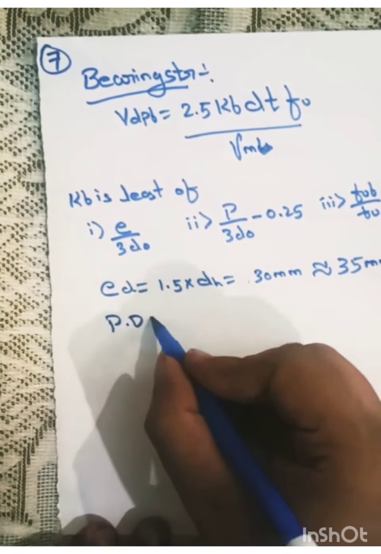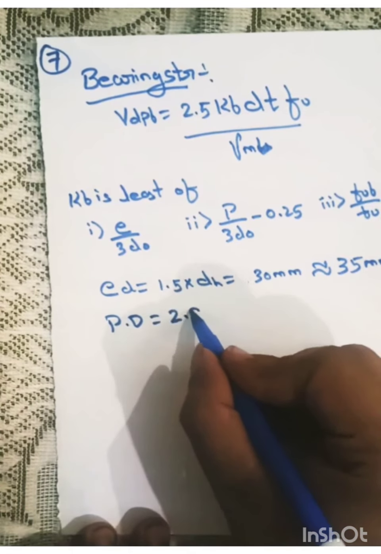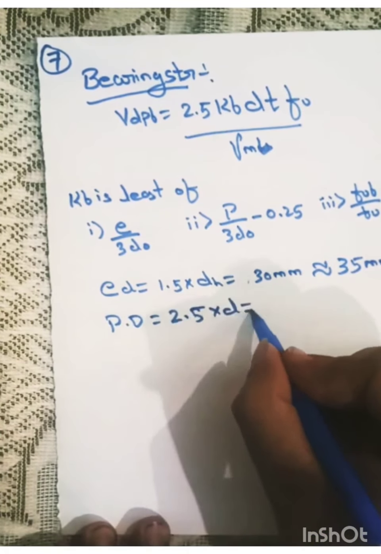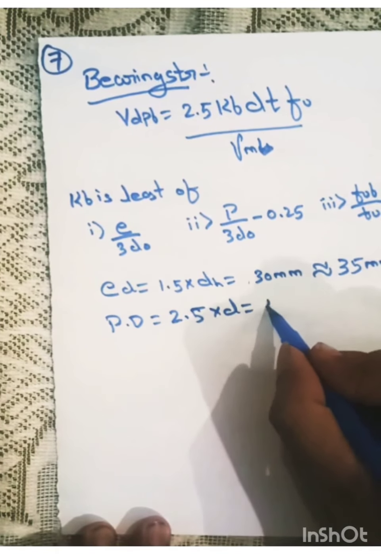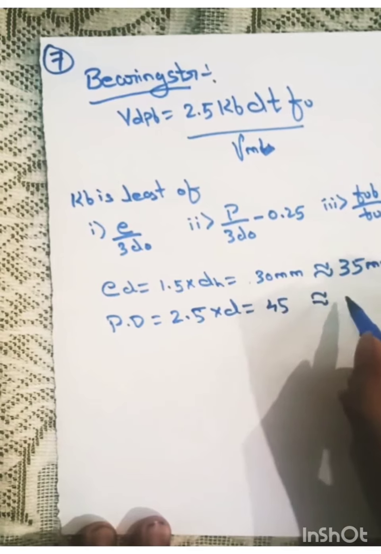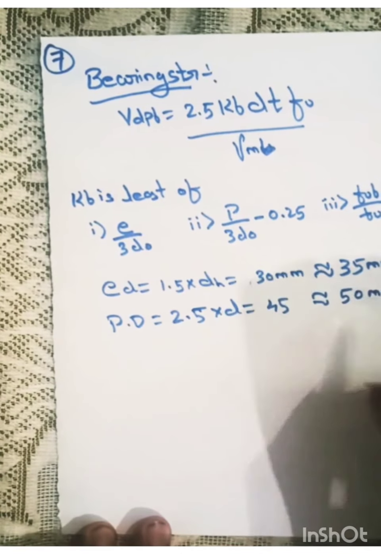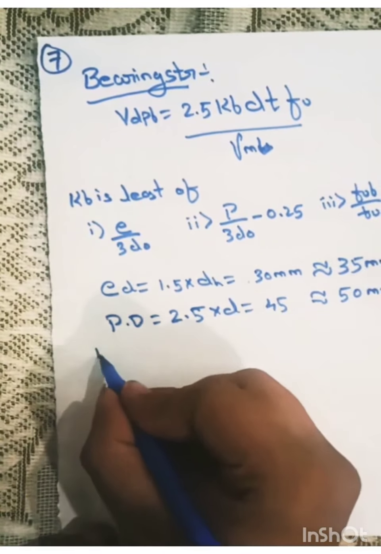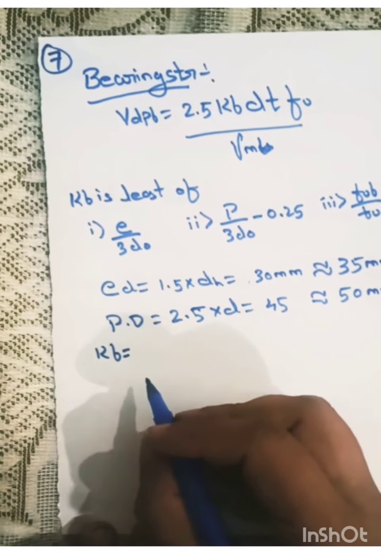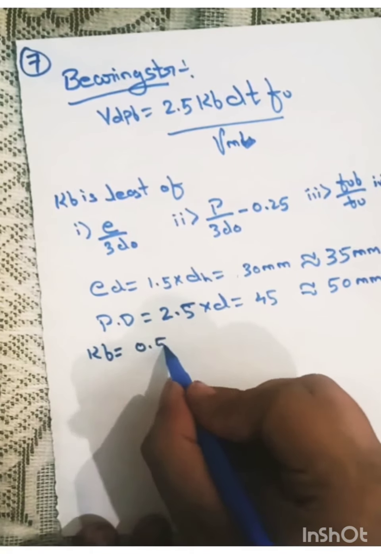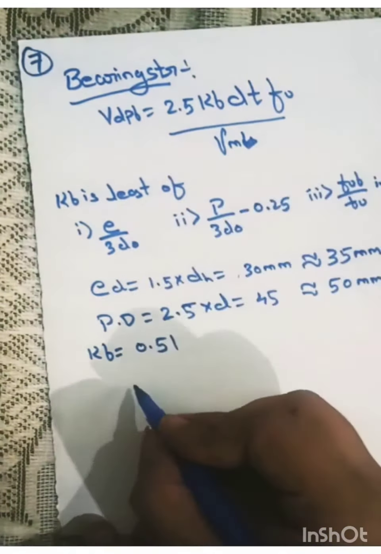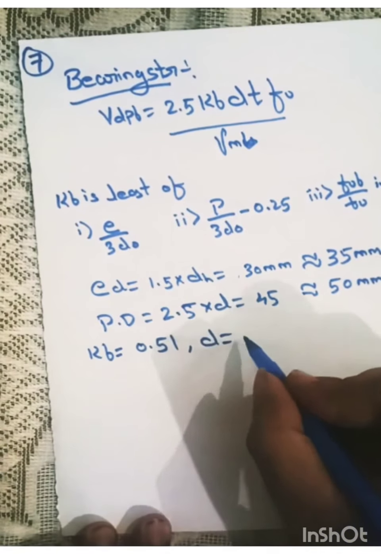Pitch distance is 2.5 times D, which comes somewhere around 45 mm. Let us take it as 50 mm. So substituting all these values, we will get the value of KB as 0.51. So the value of KB is 0.51, D is 18 mm,